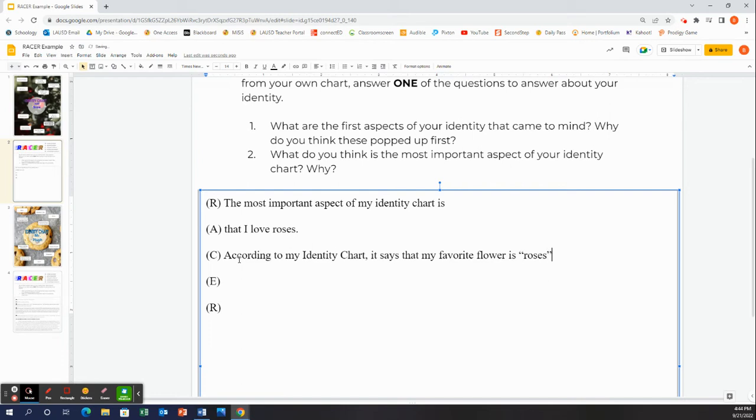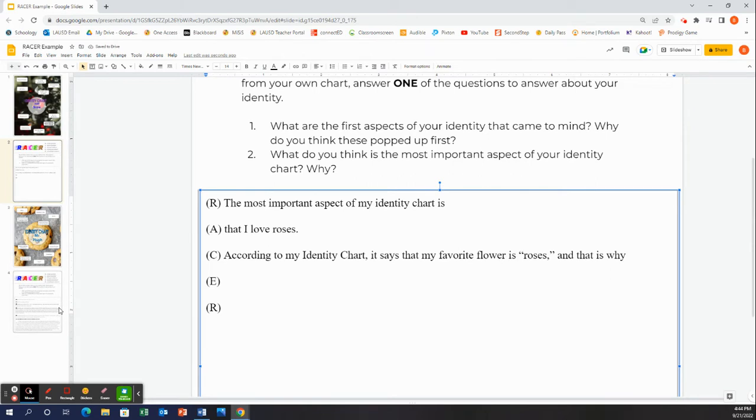Whoops. My favorite flower is roses. And you can put a period right there. That would be fine. I'm going to take it to the next step, though. I'm going to say, according to my identity chart, it says that my favorite flower is roses, comma, and that is why